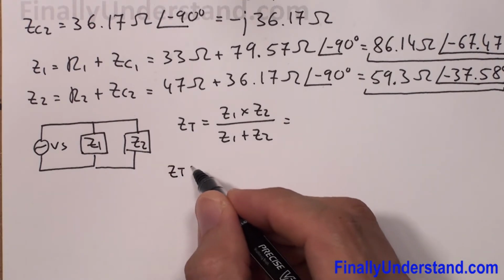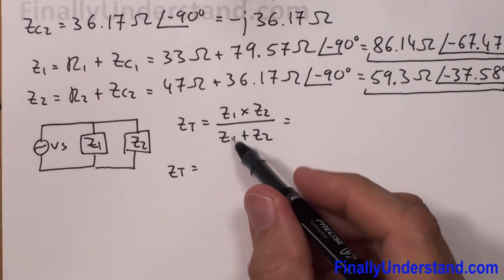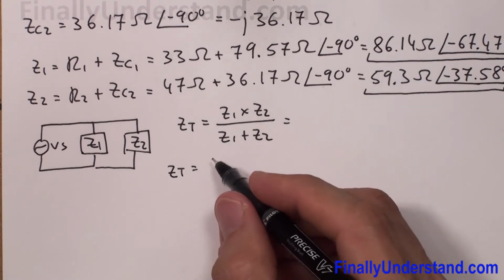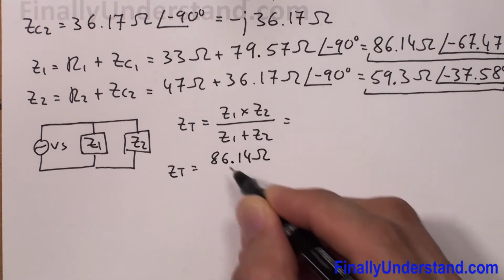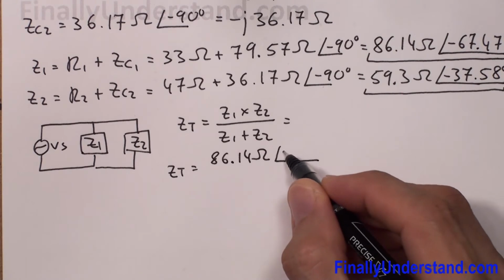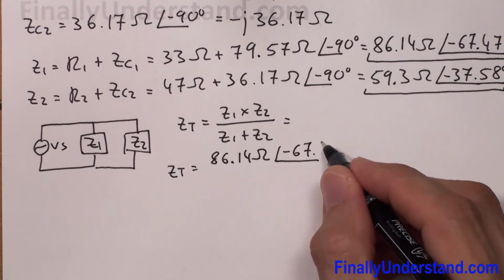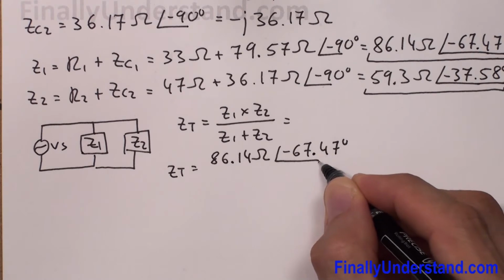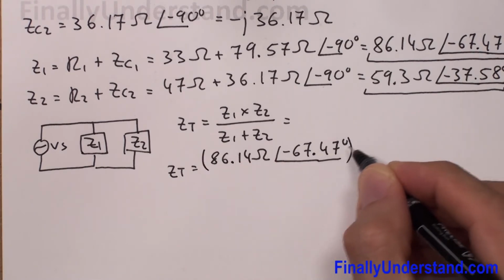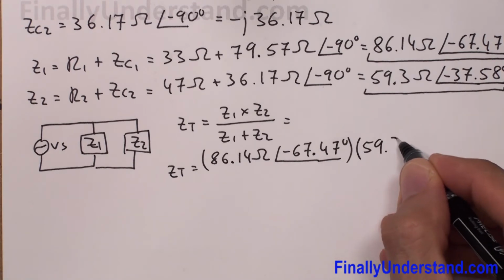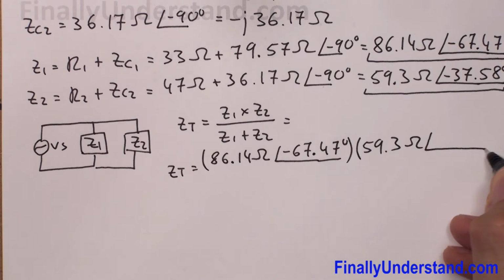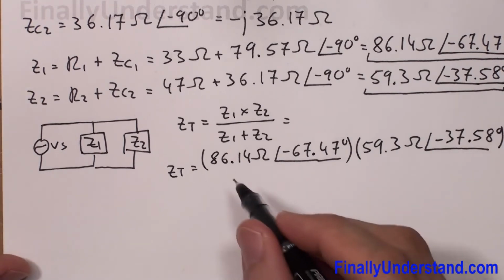Z total is equal to Z1, which is 86.14 ohms and angle of negative 67.47 degrees, times Z2, which is 59.3 ohms and angle of negative 37.58 degrees, over